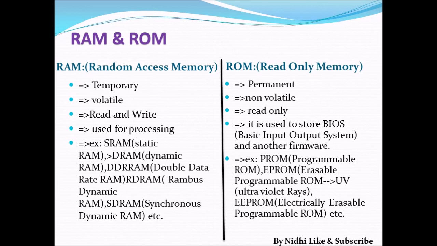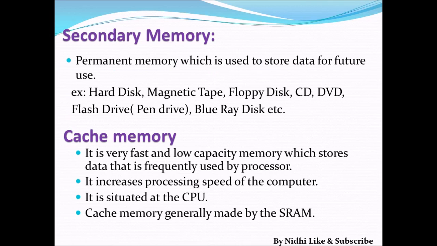Next memory is secondary memory. It is a permanent memory, or you can relate it with the hard disk of a computer. So if your hard disk is bigger, then you can save more data on that thing. Or it is similar to the SD card of a phone. So whatever app you are opening, that app is open in RAM, and if you have saved it, then it will go to your memory card or internal space of your mobile. Okay, pen drive, Blu-ray disc, these come under the category of secondary memory, and it is also known as permanent memory.